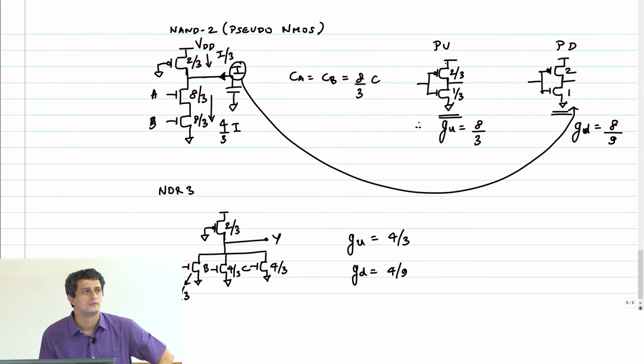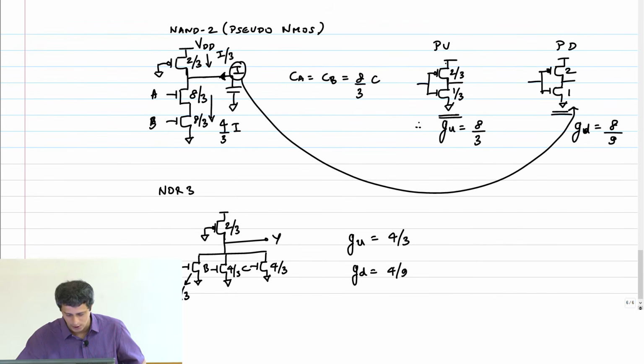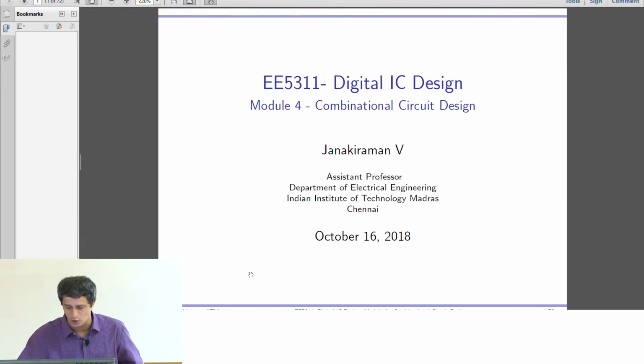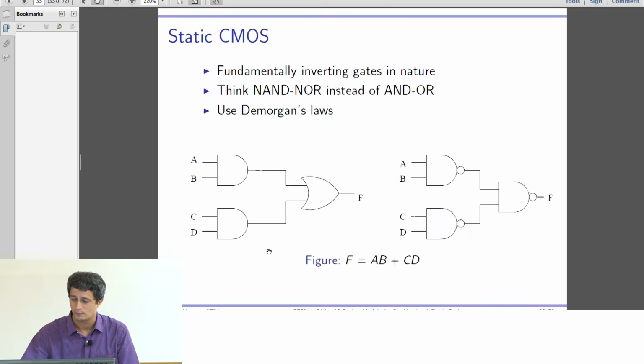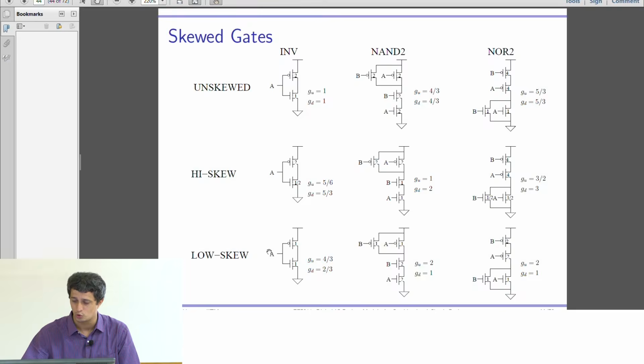Clear? I know it takes some time to settle in, so please think about it. Go back and work out this example. In fact, I would suggest that you necessarily go back and work out this whole table here. I'll put this in the tutorial as well.